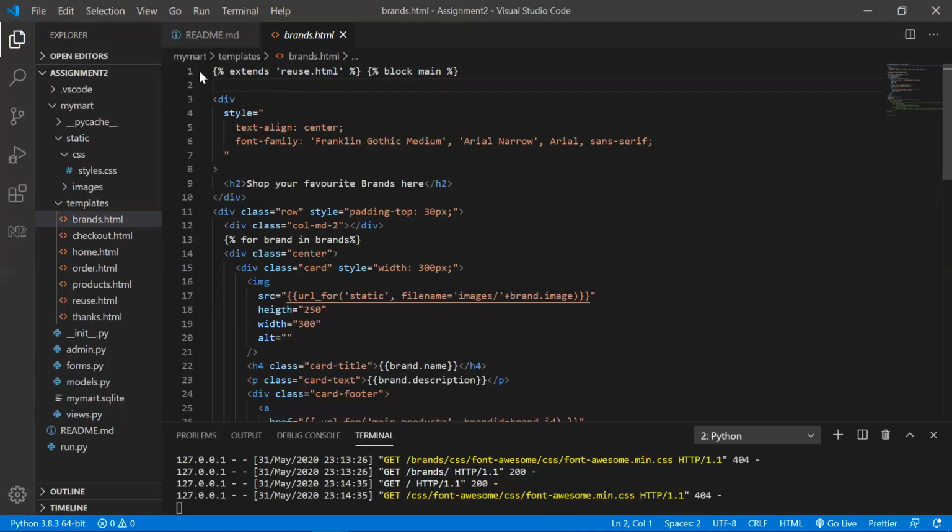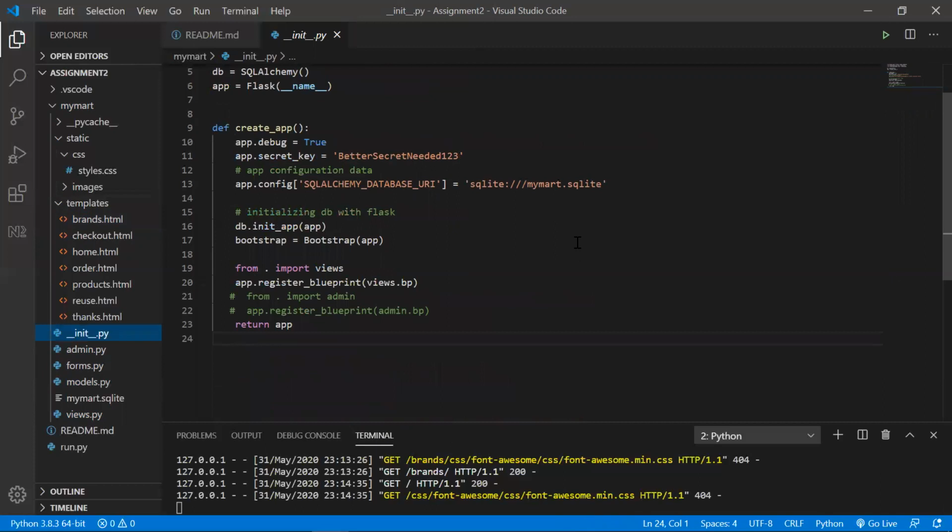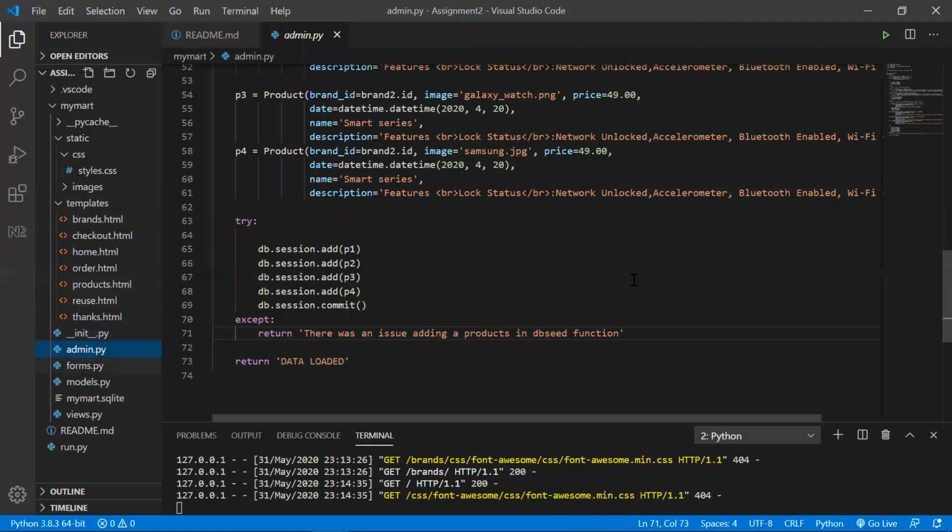So the main purpose of writing this is code reduction, with no repetition of code. That's it. So this is my init.py file. Here, when I want to connect my data to the database, this is the URL, like the name of my database and everything. And for example, this is my admin file.